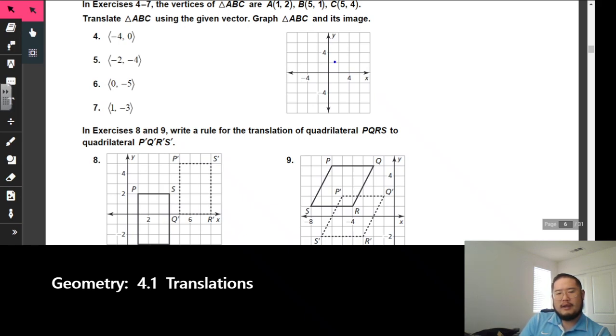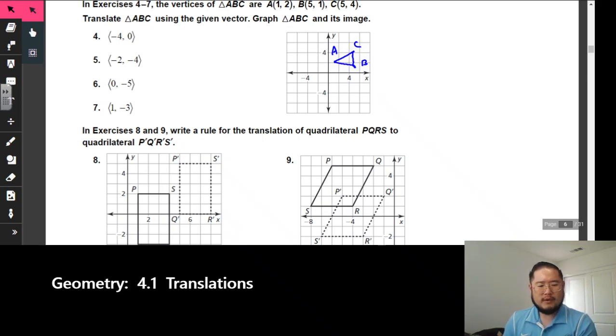We have point A right there. Point B is at 5, 1. C is at 5, 4. Oh, 5, 4 would be up there. Let's move some of this stuff around. So there's point C, and we've got our triangle. Okay. And so using the